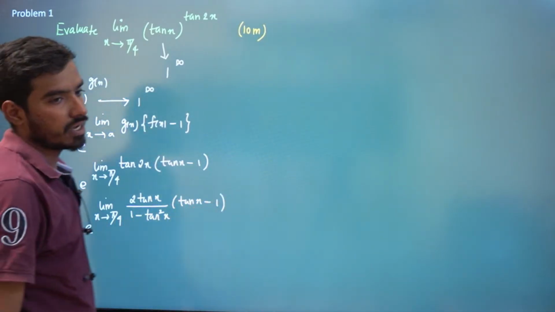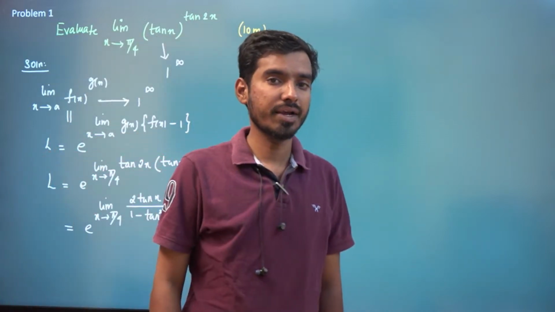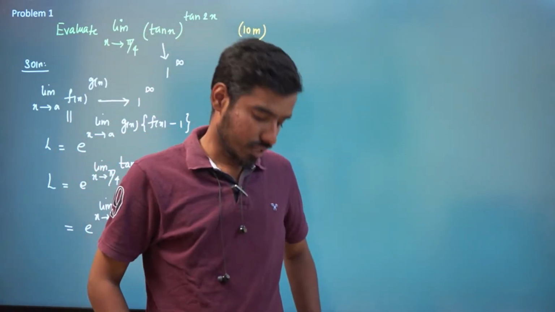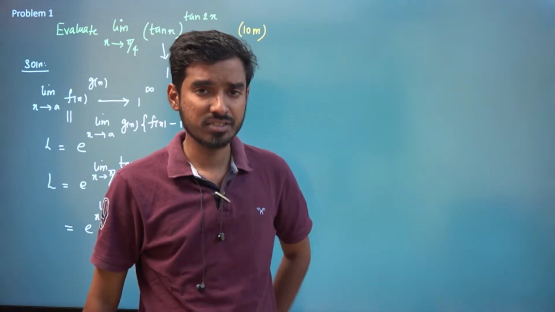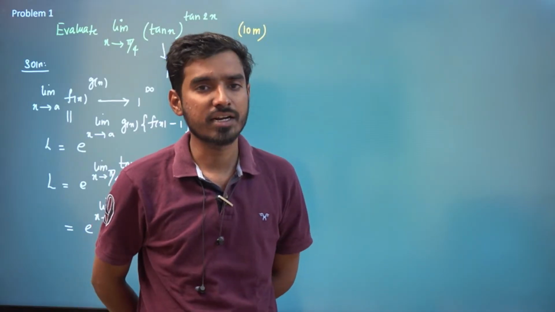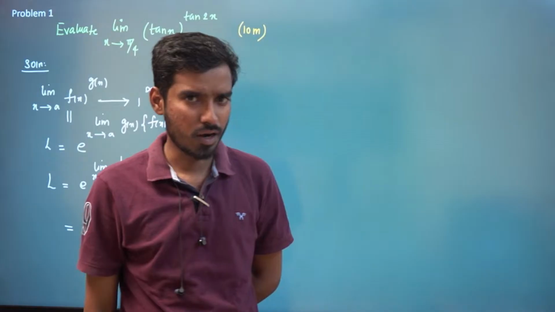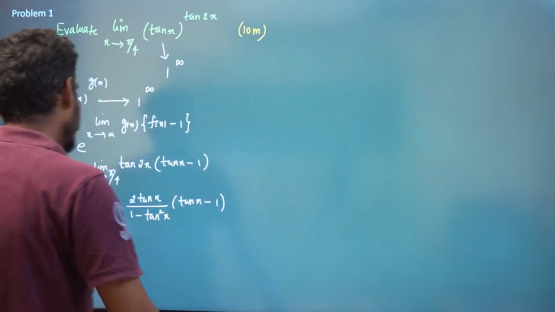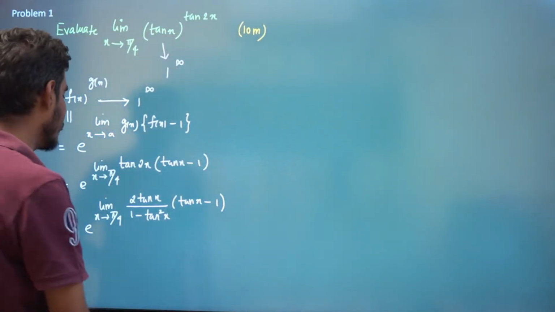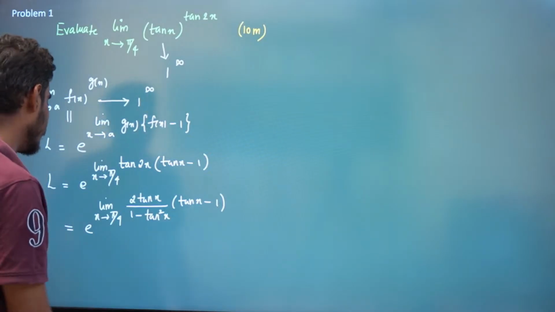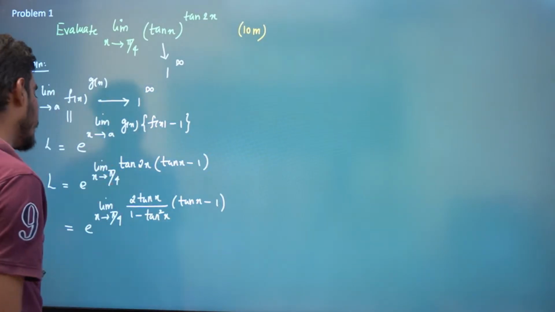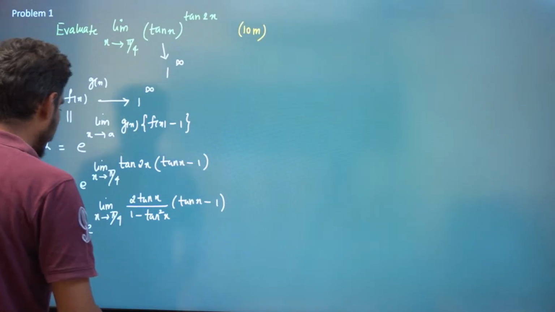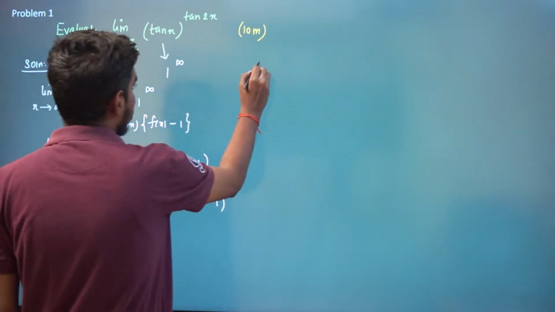See, I always recommend that you do not use L'Hopital's rule. When you apply L'Hopital's rule, you need differentiations. You should always go by standard formulas. That's what I have said in my content section of calculus. So I'm not going to apply L'Hopital's rule here; I'm just going to do standard simplifications. We have tan 2x is 2 tan x by 1 minus tan square x, and so our limit is